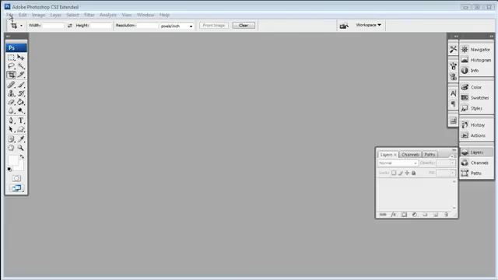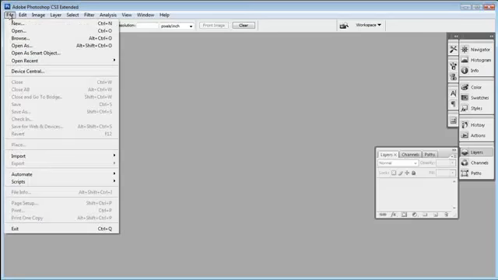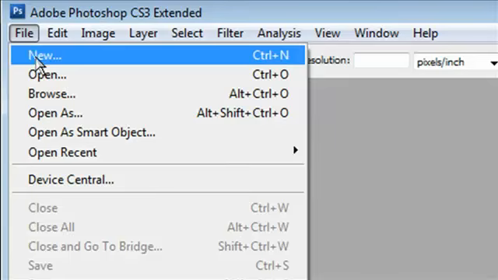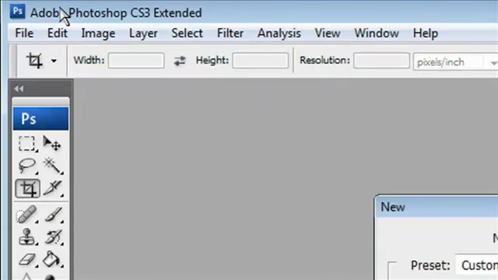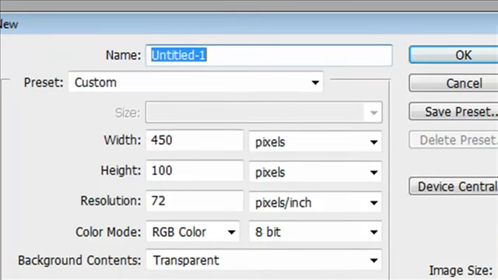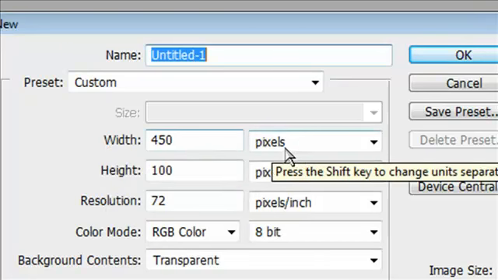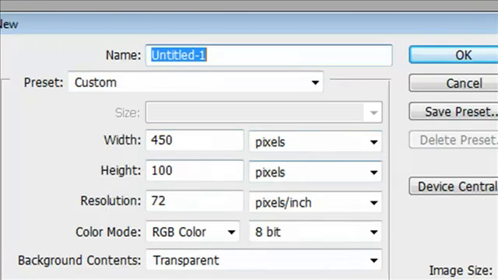Yeah, some parts of it might be white, some parts of it might be black, but most of it's going to be blue. So we're going to create this as a white image, and we do that first off by going to File, come up to New, and by the way, if you haven't guessed, I'm using Photoshop to do this, and you don't have to use Photoshop. There are plenty of options, as far as image editing software you can use, and these are just dimensions that I'm using here. The main thing, that being 450 pixels wide, 100 pixels high,